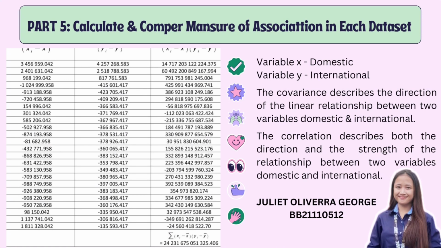BB2111051. I will present part 5, calculate and compare measures of association in each dataset. The covariance describes the direction of the linear relationship between two variables, domestic and international. The correlation coefficient describes both the direction and the strength of the relationship between the two variables. The table shows the differences between each data value and the sample mean for the domestic and the international variable. The sum of the sample domestic international is